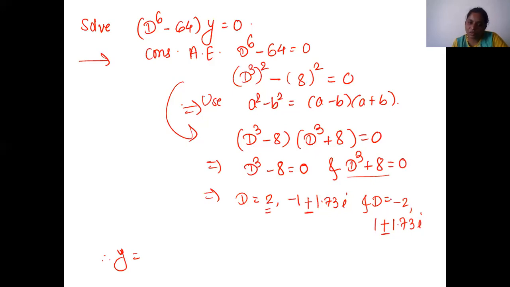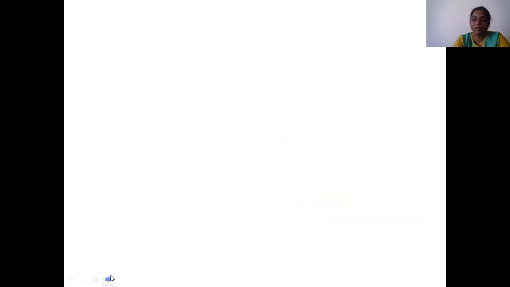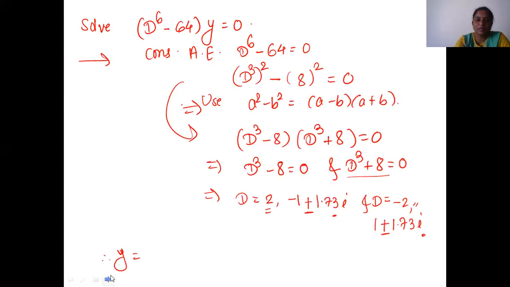So this one and this one are real and different, and these are imaginary and different. Here is a negative sign, here is a positive sign, so they are different. Means for this separate, separate, separate, and separate. We'll write the solution. So for these two, what will we write?